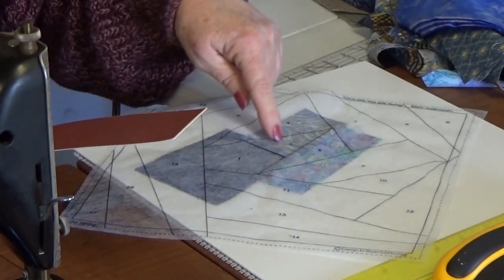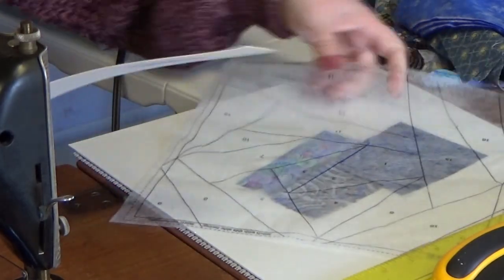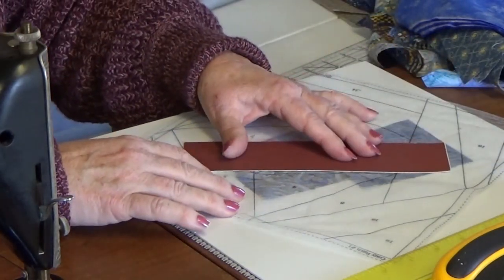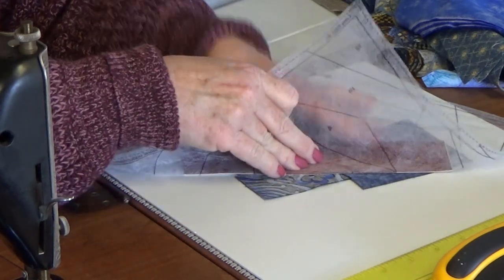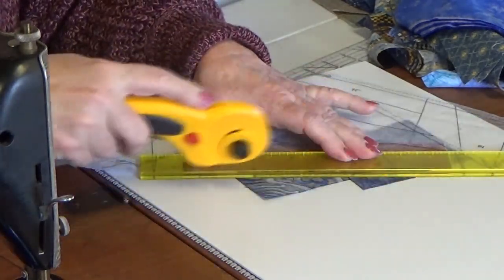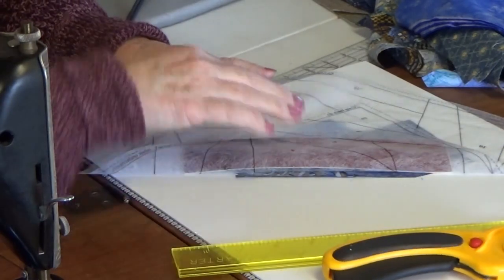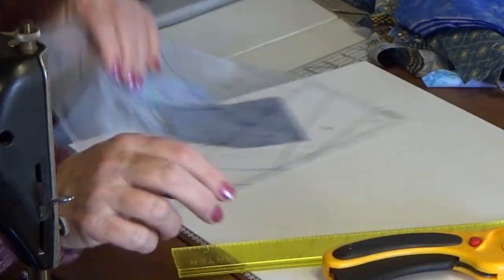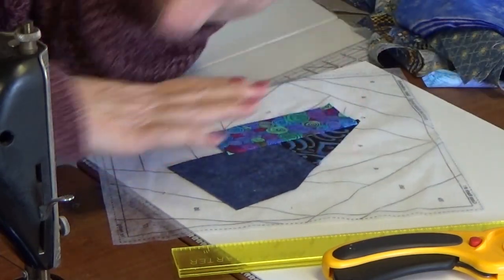So we've got 1, 2, 3. Number 4 is next. So I'm going to turn this around, and we're going to put the straight edge even with the line going to space number 4. Use our add 1/4, and we're going to trim this. And now I'm going to show you a little trick just to keep your blocks from getting